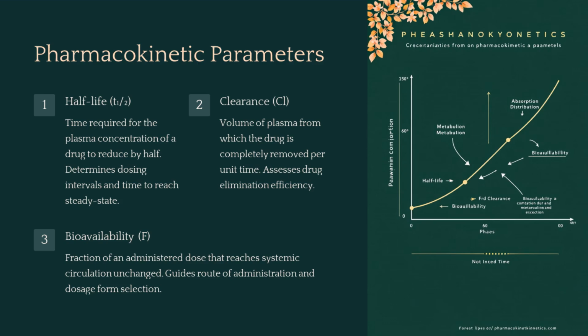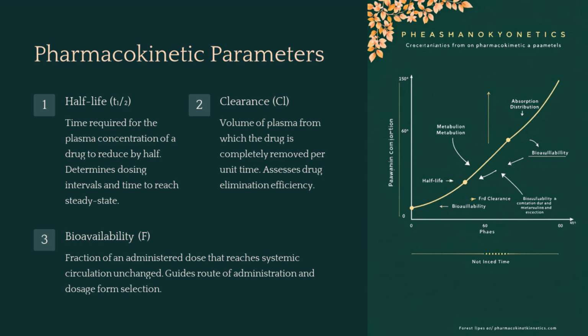Pharmacokinetic parameters include half-life, clearance, and bioavailability. Half-life is the time for plasma concentration to reduce by half. Clearance is the volume of plasma cleared of the drug per unit time, and bioavailability is the fraction of administered